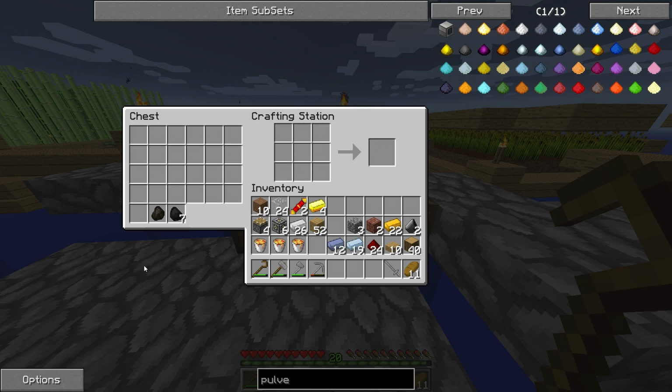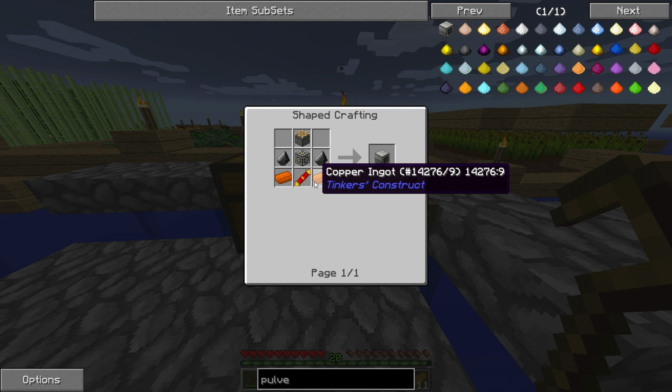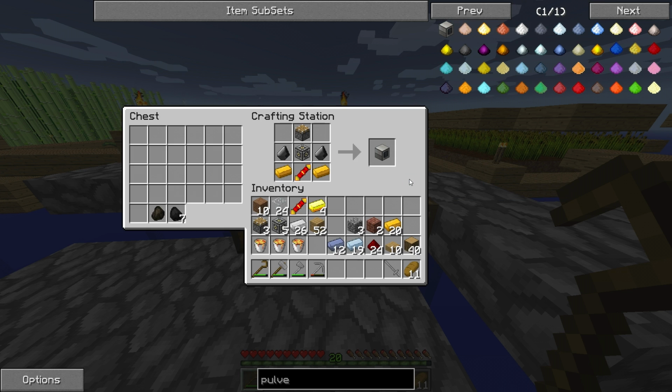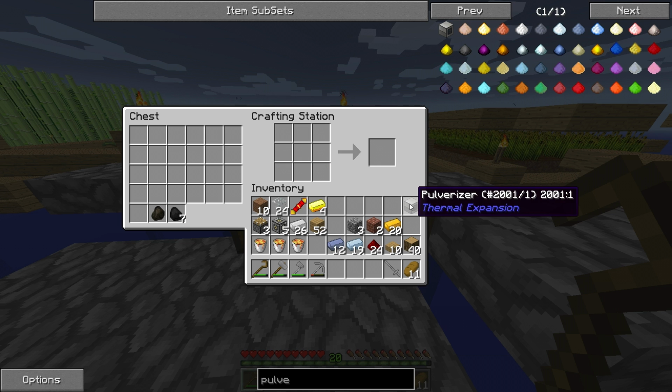Let's grab the stuff back. Now again, for the pulverizer we should have everything, and we're gonna use thermal expansion copper ingots, like so. So let's make the first pulverizer. This is the first machine, and then